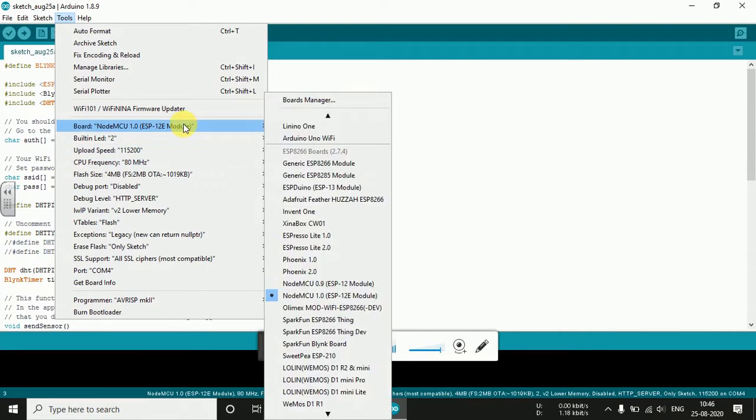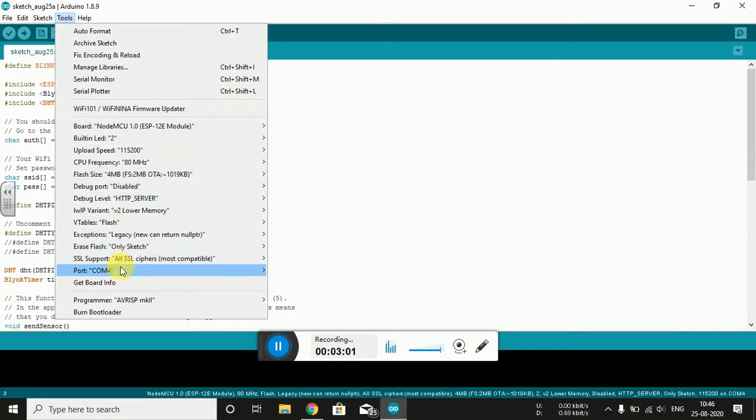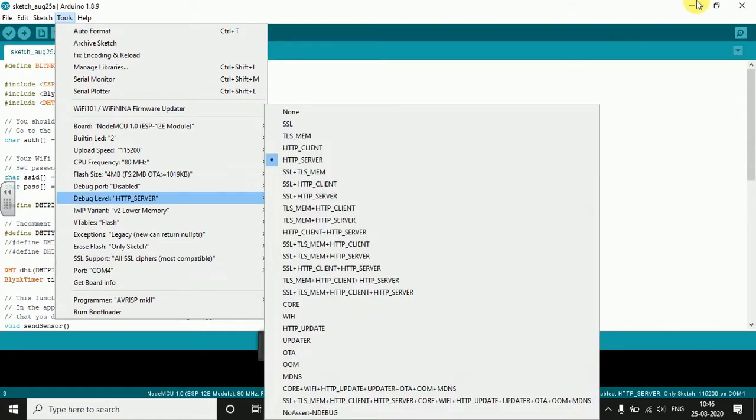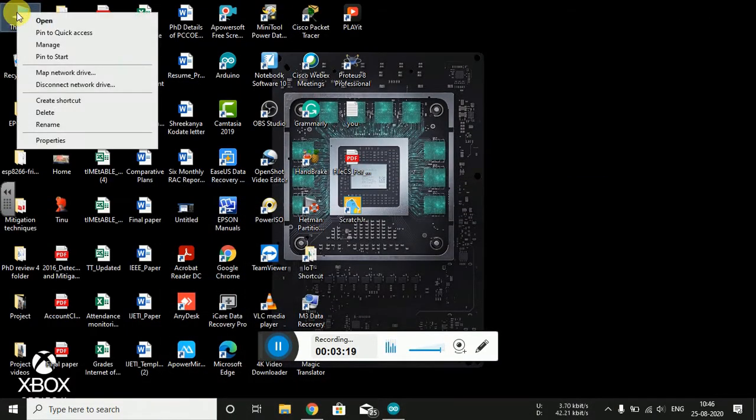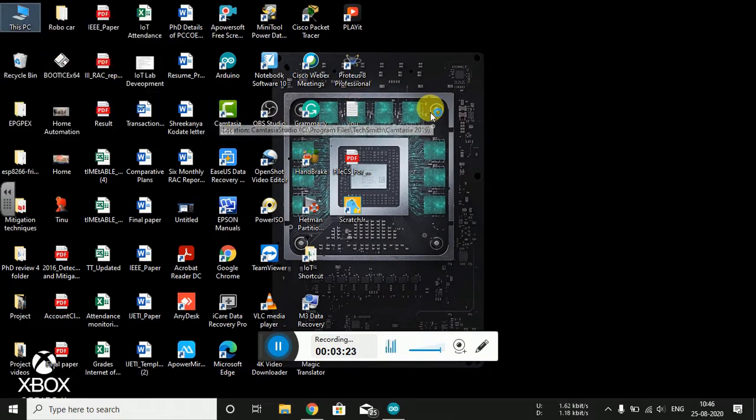Okay, so once you have selected this particular board, what is the next parameter we are interested in? You need to check the respective port on which this device is connected. How can you tell that this device is connected on this particular port, COM port 4? You right click on My Computer, go to Manage, and visit the Device Manager.